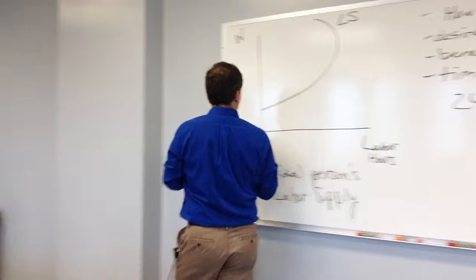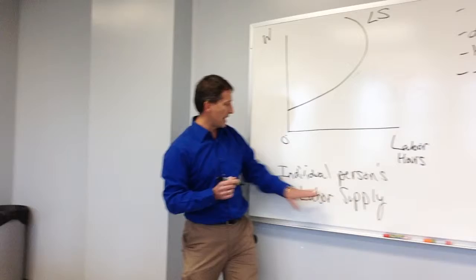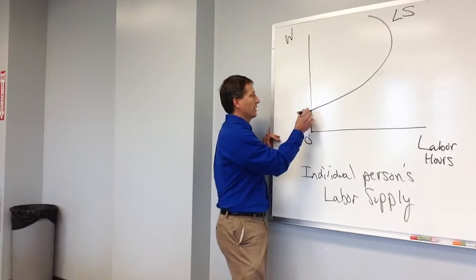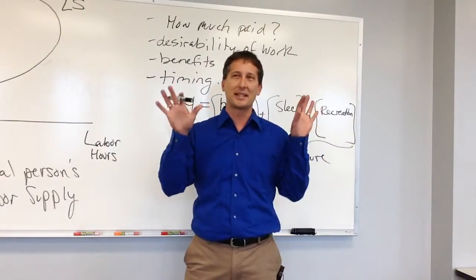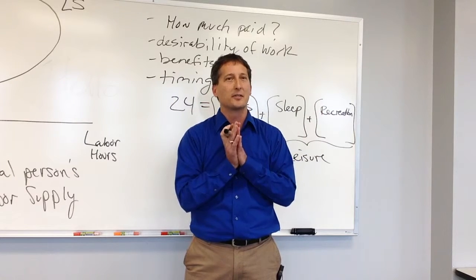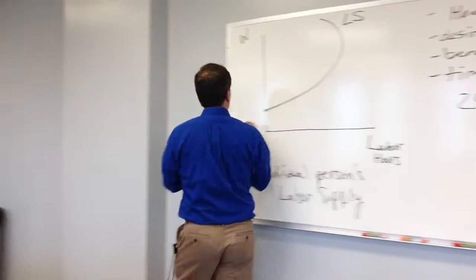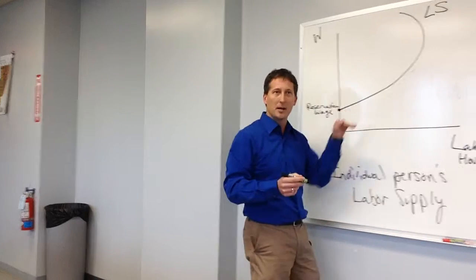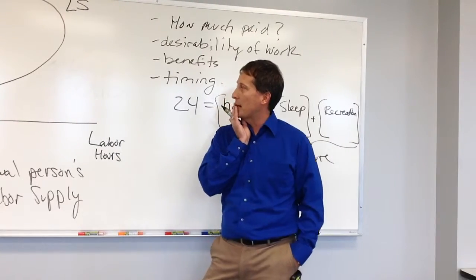Let's start over here. What's this endpoint? Labor supply, an individual person's labor supply. What is this vertical intercept here representing? This is you as a person, because this is the individual's labor supply curve. The least we're willing to work for. All right, the entry pay, right? What economists call your reservation wage. What is the wage that gets you off the couch? The reservation wage. The absolute minimum in order to start working that'll induce you into working some time.